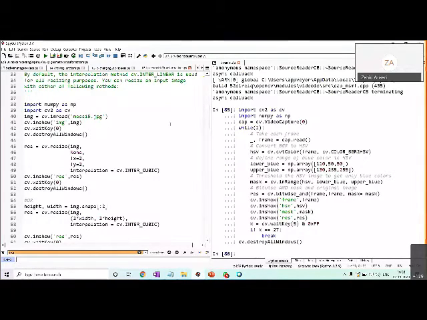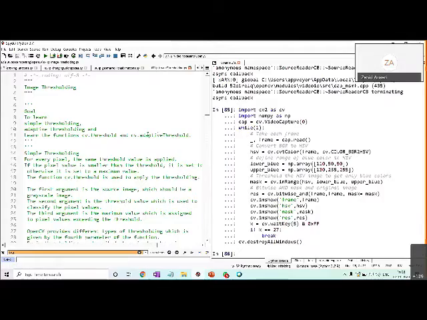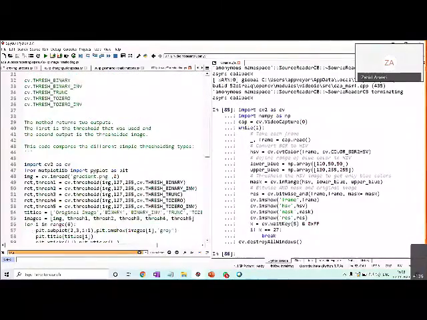I think I will leave this part. Geometric transformation, we already covered this, the resizing and the rotating and all those. Some more shifting is also there, but I think that you can do that. I'll take the more important things basically. After that, image thresholding is there. I will quickly show this thresholding.